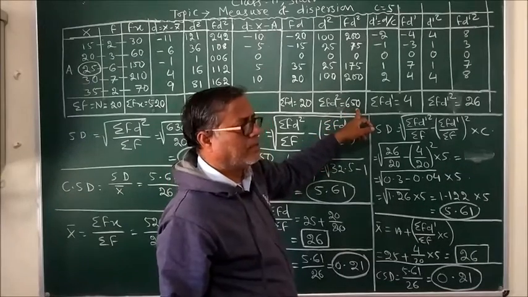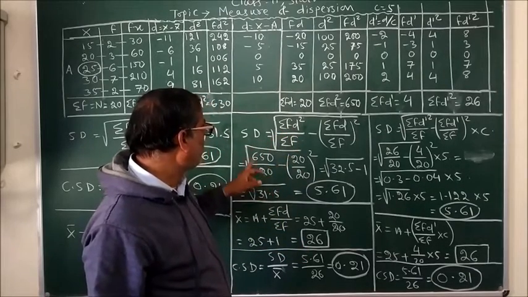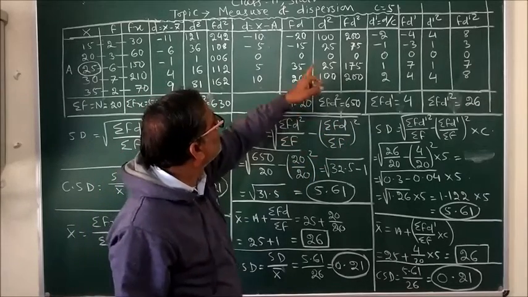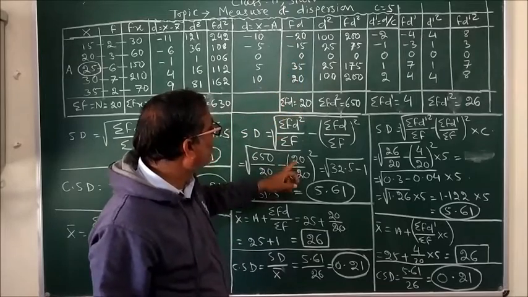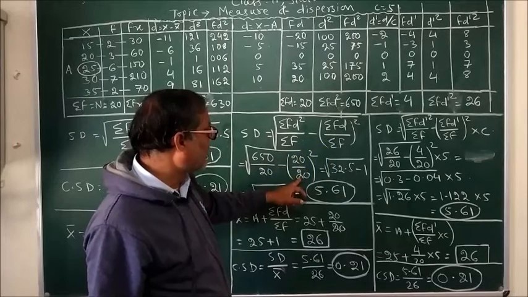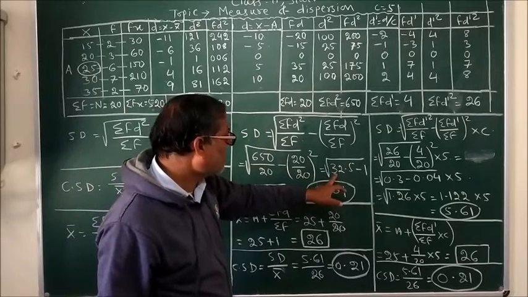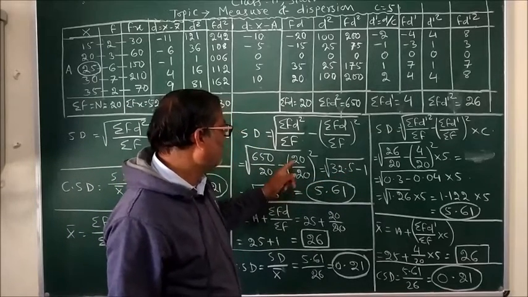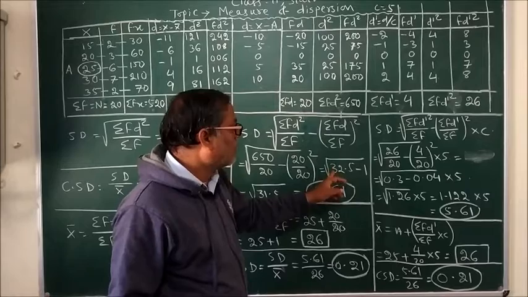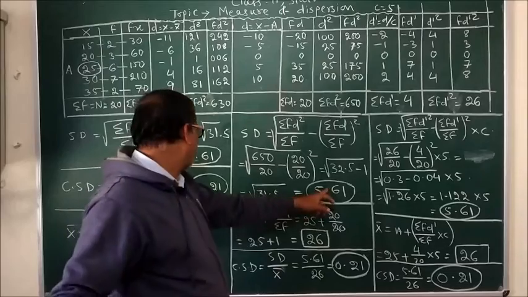is 650. Now you see, simply you can use the formula. The value of summation FD square is 650. Hence, standard deviation is the square root of 650 upon 20 minus summation FD upon N whole square. Summation FD is 20, hence 20 upon N, which is 20, that is summation F is 20. That's why 20 minus 20 by 20 whole square. And you see 650 by 20 equals 32.5, minus 20 by 20 equals 1, and 1's square is also 1. That's why it comes to square root of 32.5 minus 1, that is square root of 31.5,